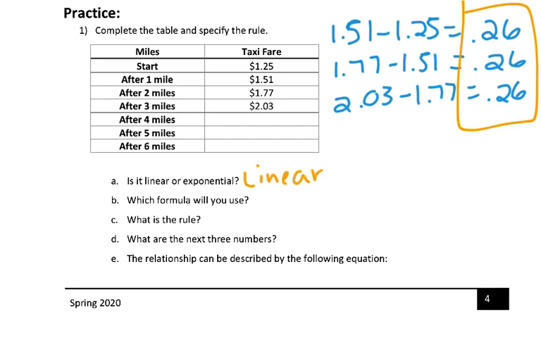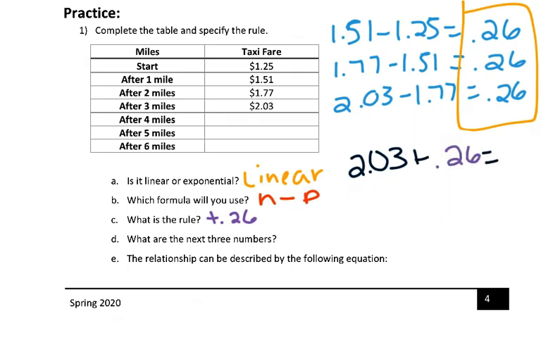And then which formula did we use? Well, we used the next minus previous, so n minus p. And what was our rule? Well, our rule is that we added 0.26 each time. And then what are our next three numbers? To find the next three numbers, we're going to take the last one we were given, so 2.03 plus 0.26, and then that will give us